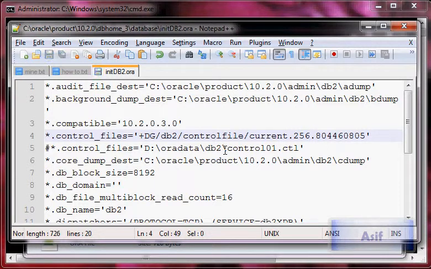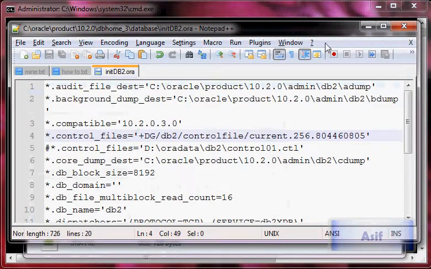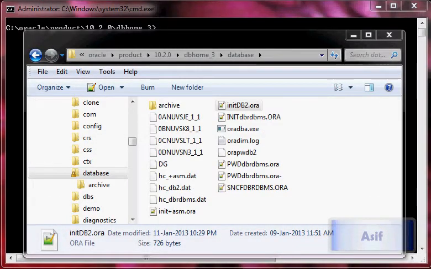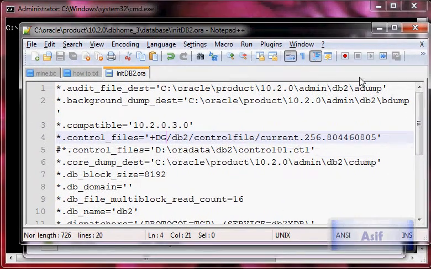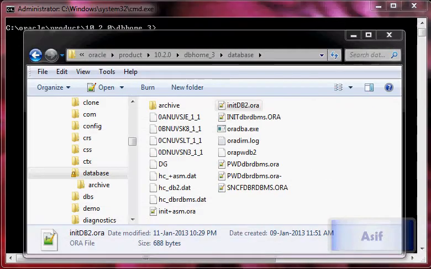I'll just save it, minimize it. This is the name of our disk group, so I will just save it and take it away.